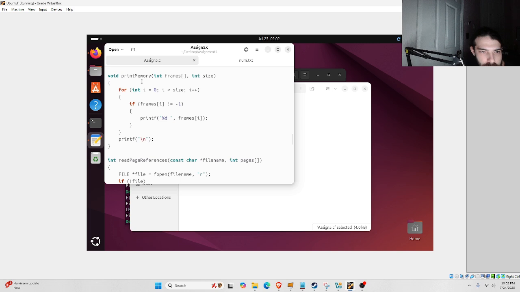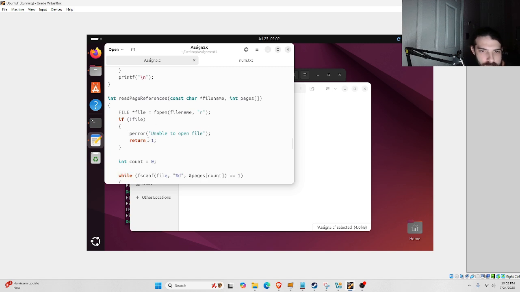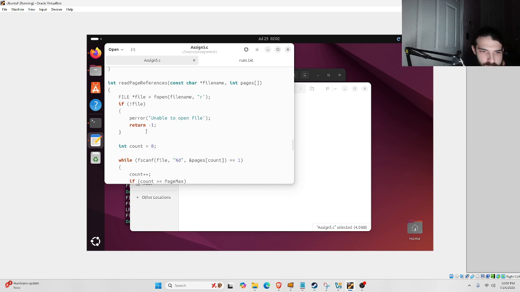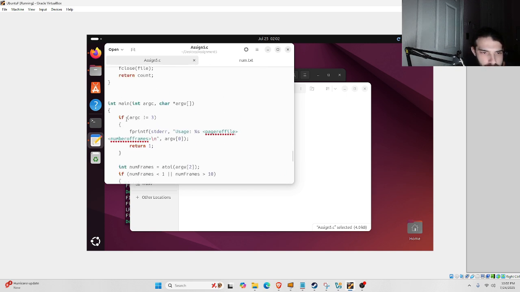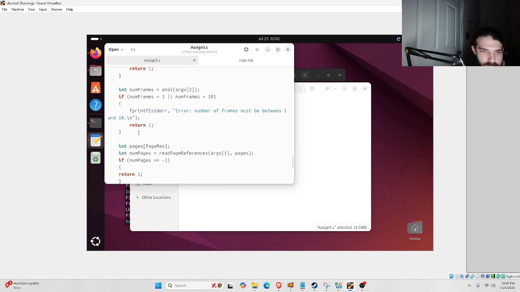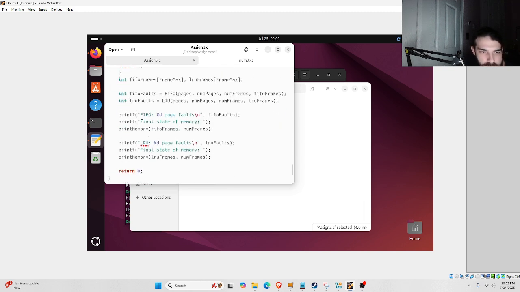So first in, first out's function, just very similar to the previous programming assignments we've done. Print memory just prints the memory in the array. Read page references. This opens the num.txt, I think I called it. It just reads the integers from it. We have main. This just has some of the error handling, some of the print statements,